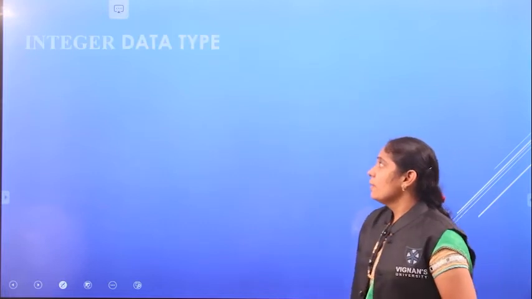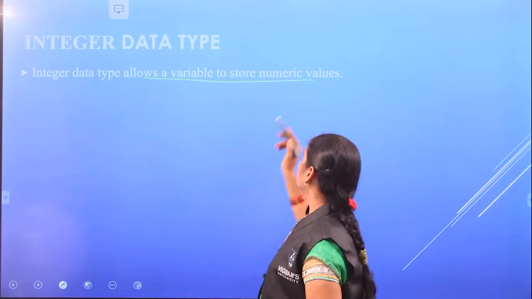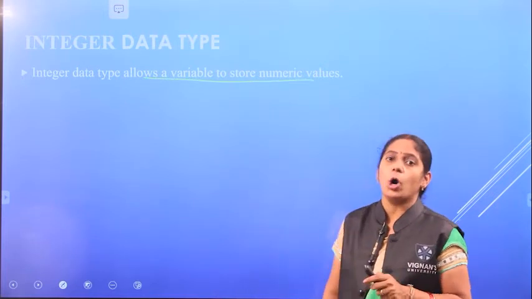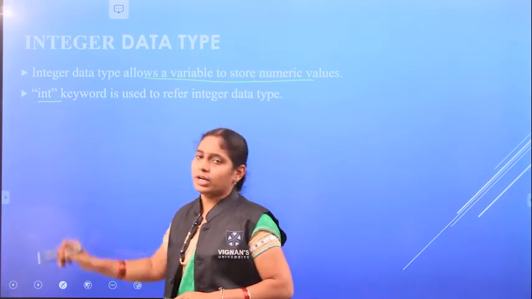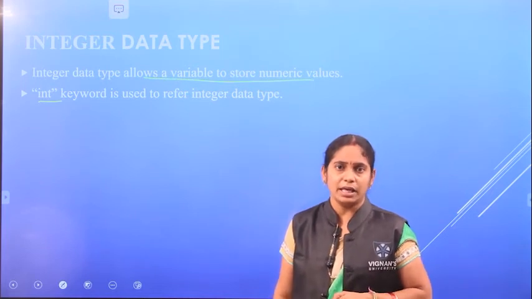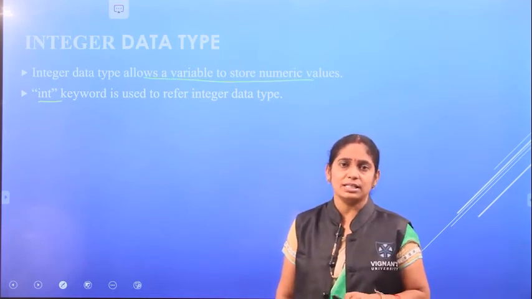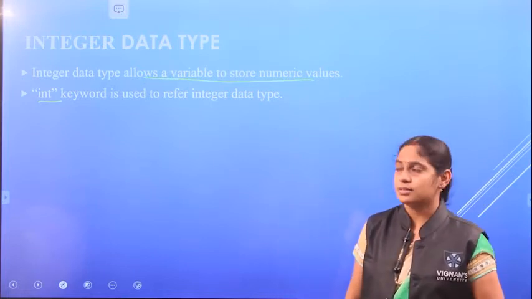The integer data type allows us to store a numeric value, a whole number. The keyword for integer is int, which is used to store whole numbers.